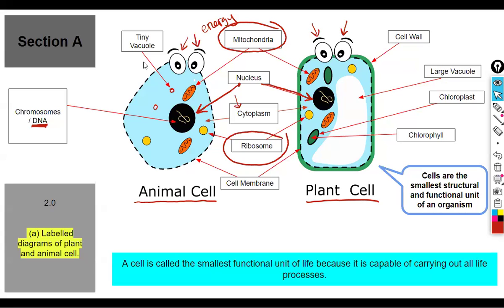One, they are shaped differently. An animal cell is kind of circular, but a plant cell is more rectangular, or it has a more definite shape, right? One thing is that a plant cell has a cell wall. You notice it has this green solid thing around it. You call that a cell wall. Also, if you look carefully, the vacuole is much, much larger, right? Look at the size of the vacuole in an animal cell. It's small, and in a plant cell, it's large.